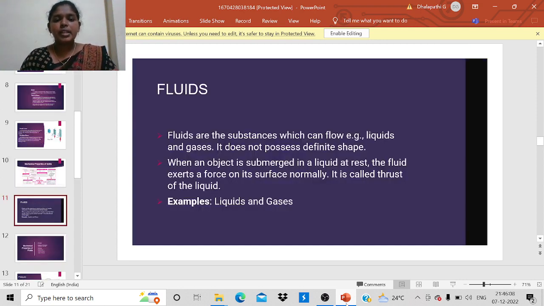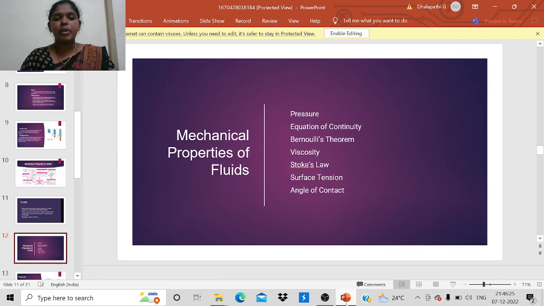Fluids. Fluids are substances which can flow: liquids and gases. They do not possess a definite shape. When an object is submerged in a liquid at rest, the fluid exerts a force on its surface, normal to the surface. Examples: liquid and gas. Mechanical properties of fluids: pressure, equation of continuity, Bernoulli's theorem, viscosity, Stokes' law, surface tension, angle